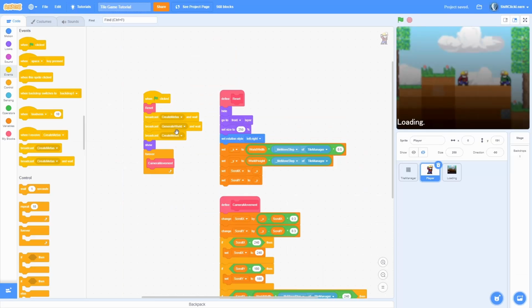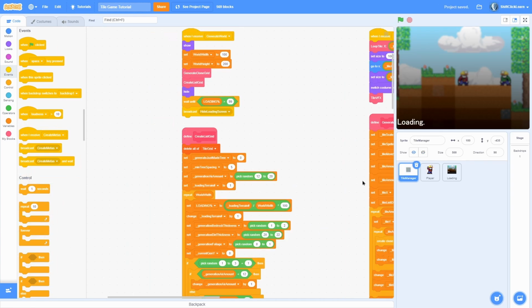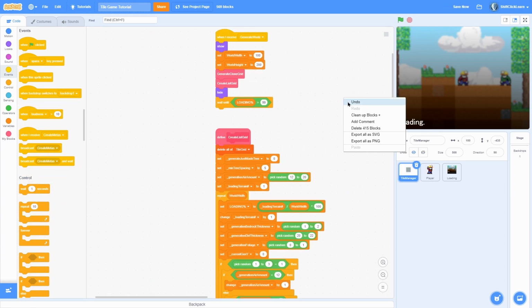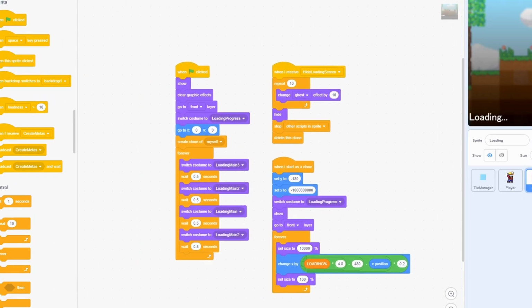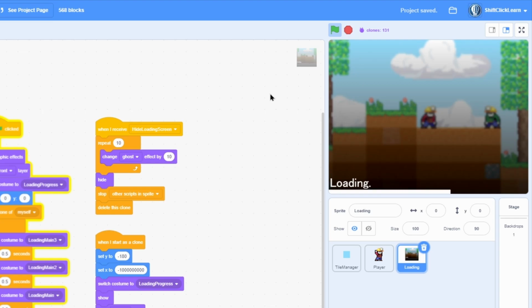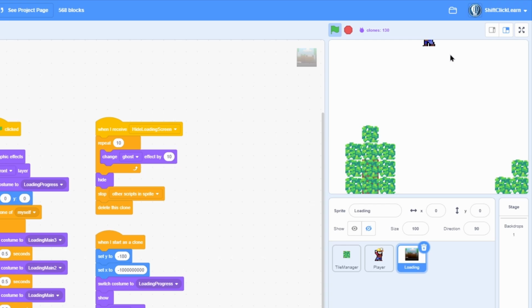Then at the very end here, broadcast hide loading screen like so, and in the tile manager, remove the hide loading screen right here. And we need to change the loading instead of a when I receive to a when green flag click. Now you can see that when we click on the green flag, it will do some nice loading, and then it will fade out, and you can see the player is kind of stuck at the top